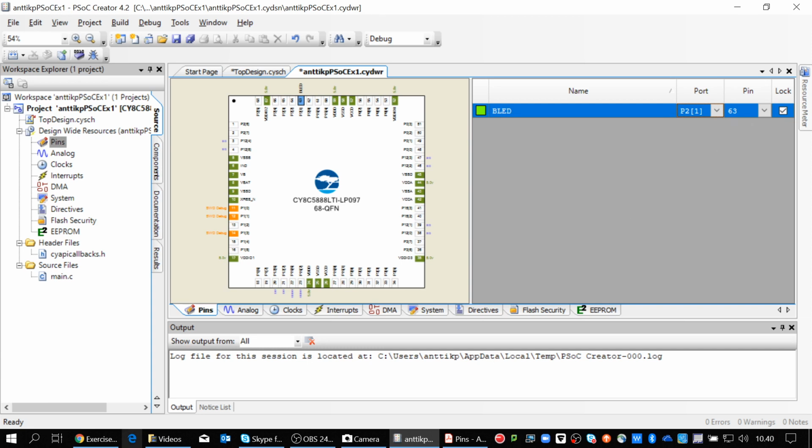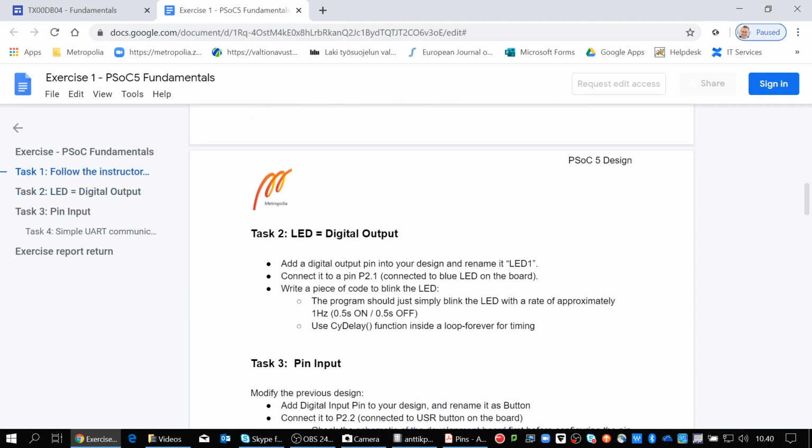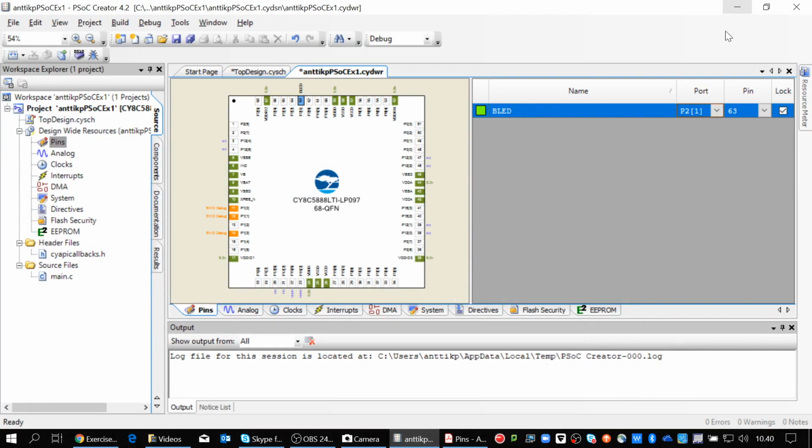Okay, was it like that? Exercise 1, pin output. Okay, connect it to pin 2.1, which is connected physically to the blue LED on the board. And okay, we can go next and write a piece of code to blink the LED. Ha! Where do I do that? And what should I do to get the API? I don't see any